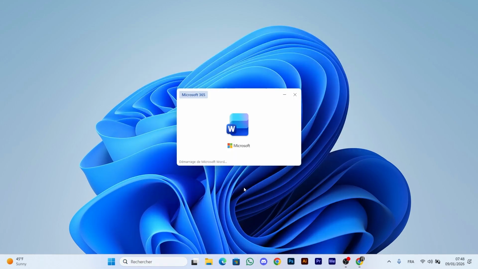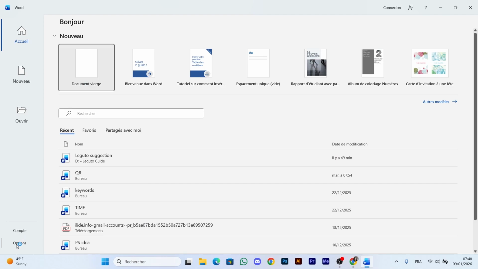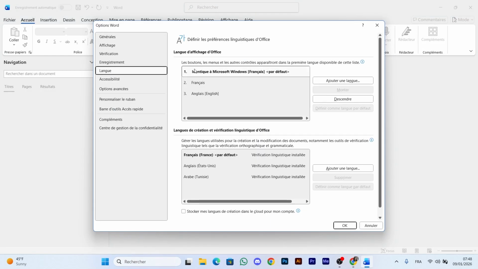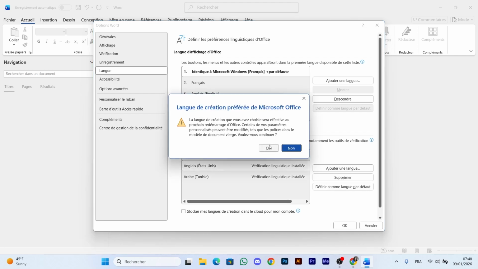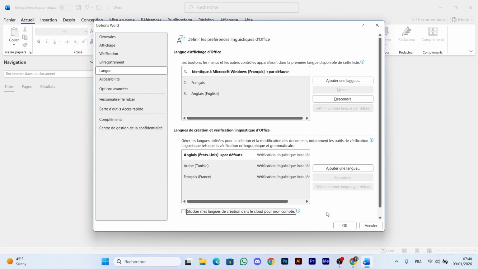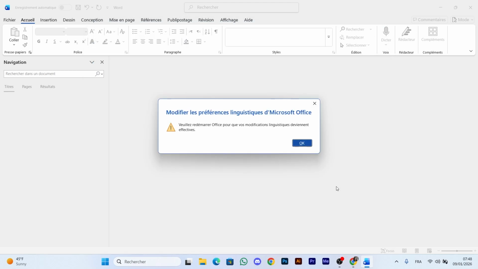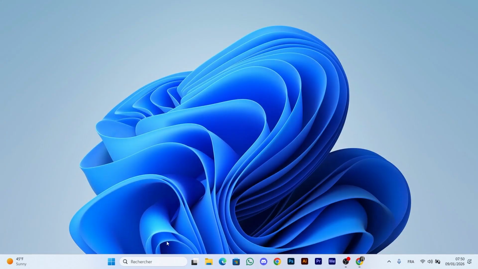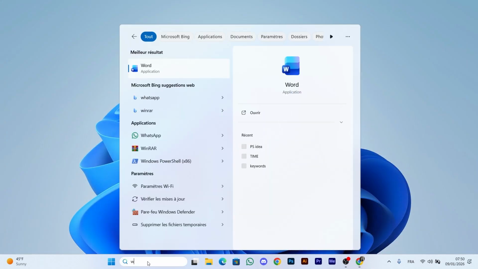This is Word. Go to Options, go to Language, and here we now have English. Okay, now set it like this. Okay, and now just close. Okay, after this, now open Word